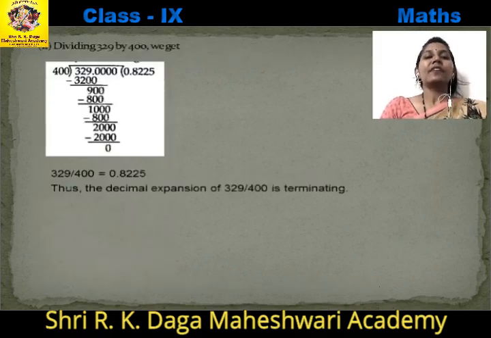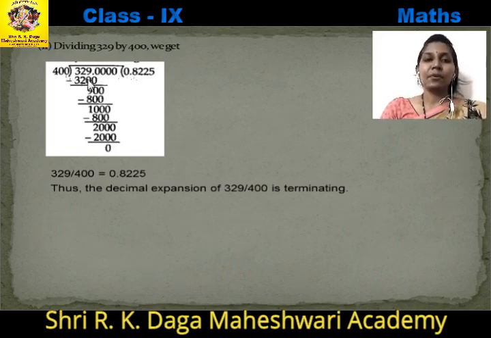In the next part, when we divide 329 by 400, what can we get? When we divide 329 by 400, 329 is again less than 400. So we will write a 0. After the decimal, we can write 0. Then 400 8s are 3200. When we subtract this, we get 90. But we have a decimal, so we can write a 0. Now this 900 is divisible by 400 for 2 times. 400 2s are 800. We get remainder 100.